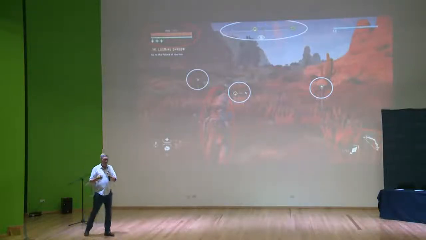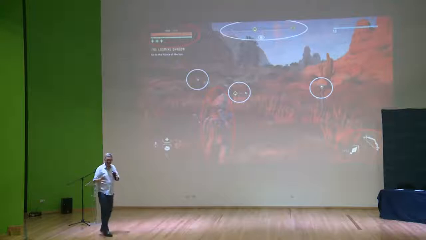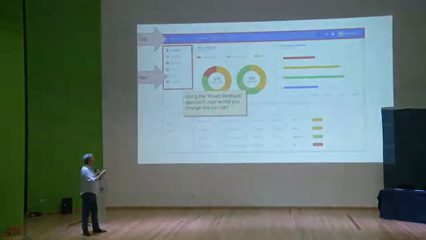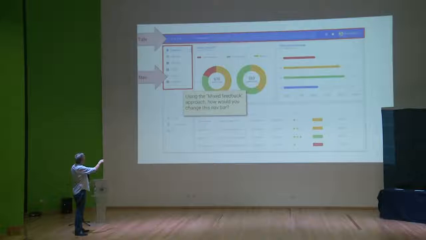The same thing happens with Mario. All the good characters are round and soft, and all the bad characters are hard and sharp. And you'd think this is just a little bit silly, but if we were to do a better version of navigation, this is using Google's material design. And yes, we have a title bar, but we have a nav bar that in many ways looks exactly the same as the content bar. I think that's a huge missed opportunity.